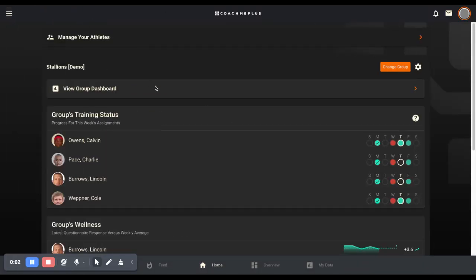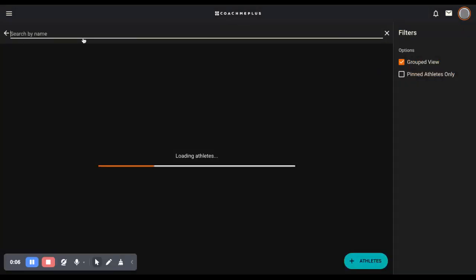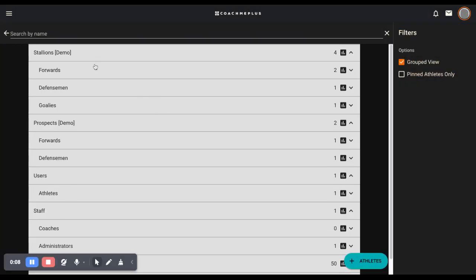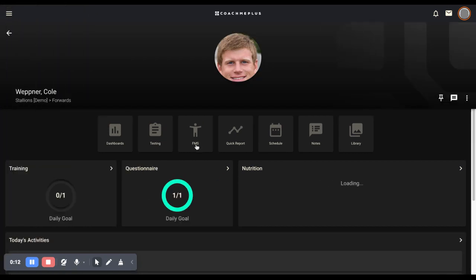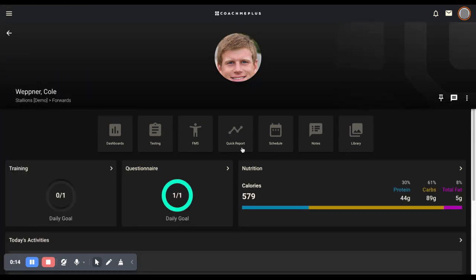To run a quick report on any athlete in the system in CoachMePlus, you want to first navigate to manage your athletes, and then you're going to jump in and grab any athlete that you want to look at so you can get to their main profile page. Once on this profile page, you're going to select the badge right in the middle here for a quick report,